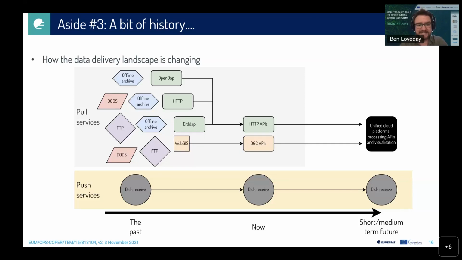The data only comes really once, maybe twice if there's a backup system, and it just keeps on throwing that data down the pipe, and then you pick it up at the other end if your dish happens to be receiving it and you're collecting it in an operational way. Push services are really designed for maximum operational uptime. Pull services are designed for more flexibility to allow us to go and get what we want